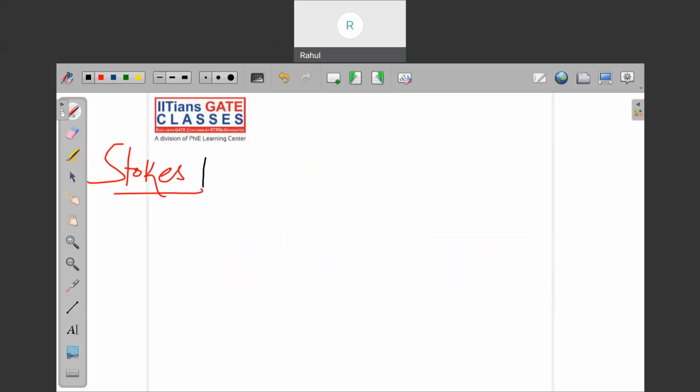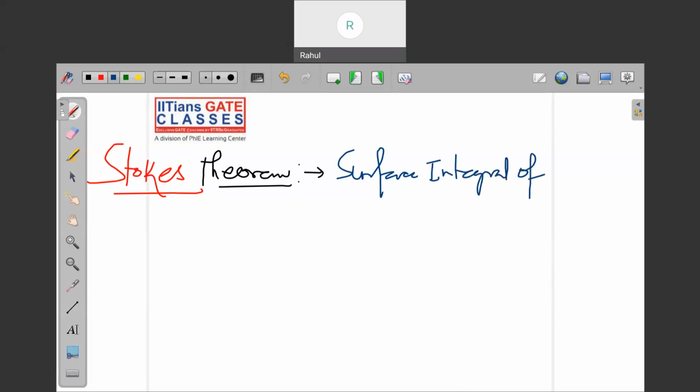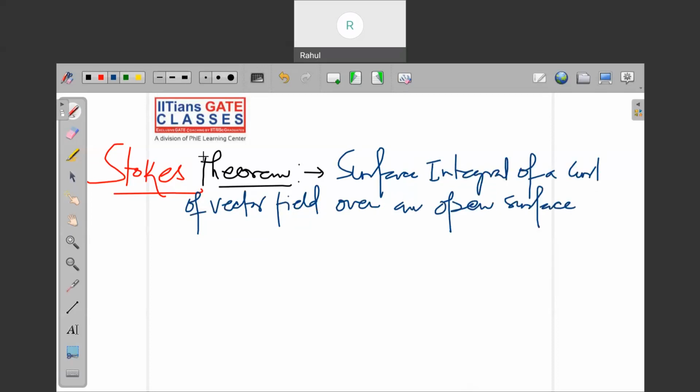Stokes theorem states that the surface integral of a curl of a vector field over an open surface, this is very important, an open surface, is equal to